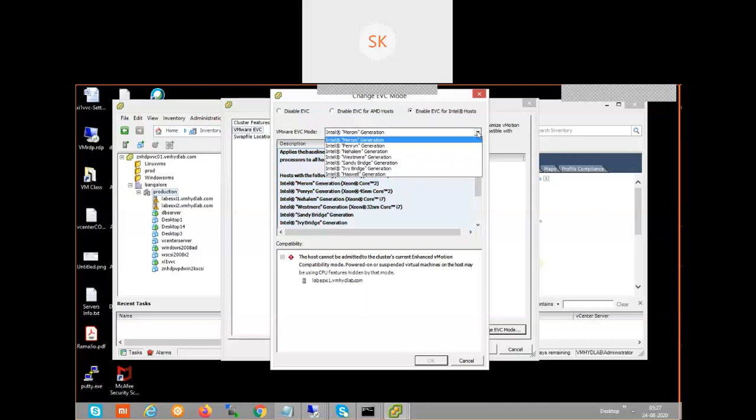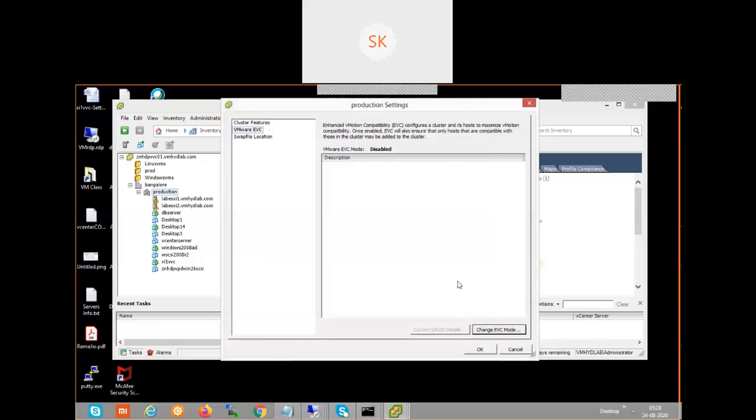These are the model generations available. These are the compatible ones between 2 CPU models. According to your requirement, beforehand you can check in an internet KB article site, the compatibility matrix. There you can find which CPU models each generation is going to support. Okay, click cancel. This is EVC mode.